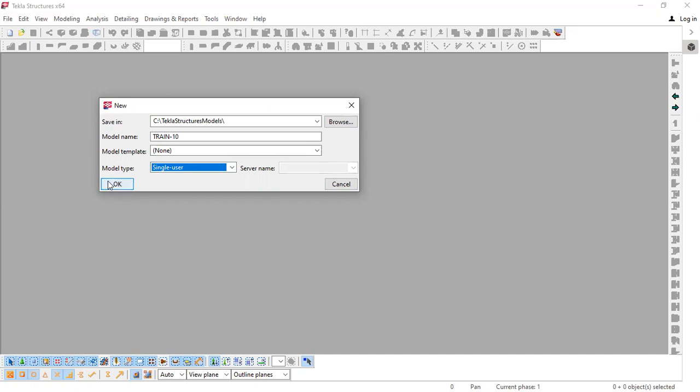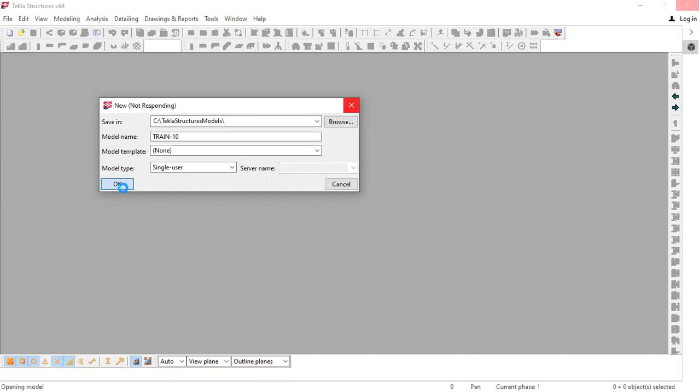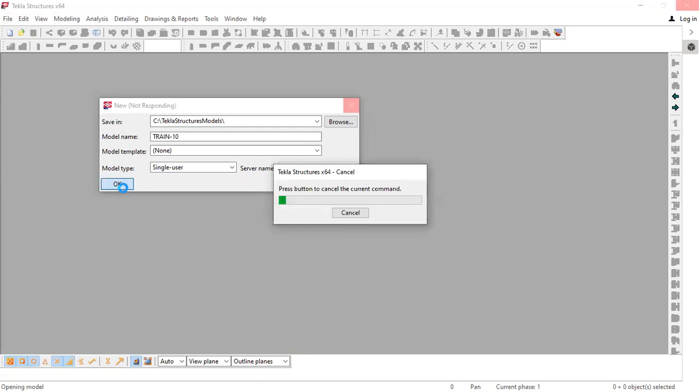So I'm clicking OK here. Once all this is set, you will just click OK. Once you click OK, you will get a default grid and a model view, a 3D view and a default grid. And then you can start working on the items. Now grid and view will be created.